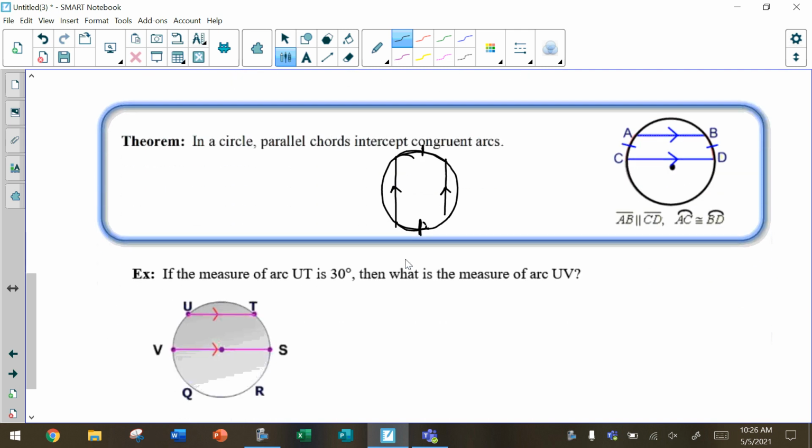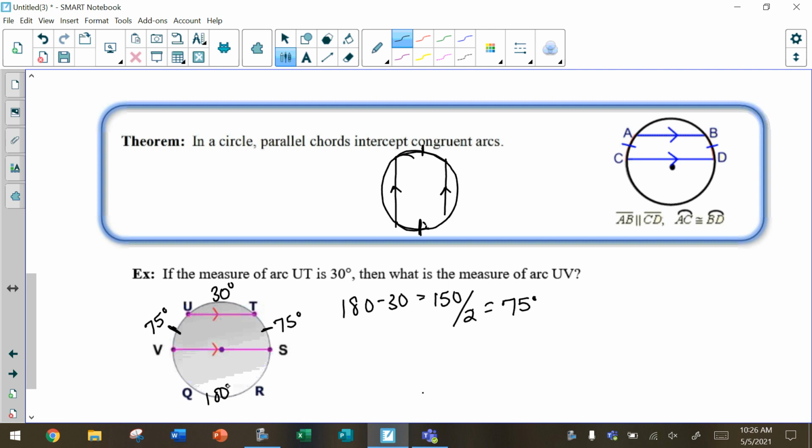All right? If the measure of arc UT is 30 degrees, then what's the measure of arc UV? Well, let's see. This is going to be 30. Those are parallel, so that tells me this has got to be the same as this. This is identified as the center, so this half of the circle is 180. So 180 minus 30 leaves me with 150. So those two are the same, so divide that by 2 means that this has got to be 75, this has got to be 75, and this has got to be